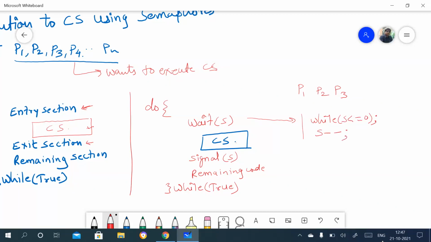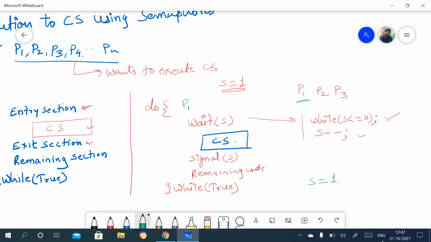You just keep that in your mind, right? So this is an independent statement and this is an independent statement. This S minus minus is not a body of this one. Now see, as I said, S equals 1 initially, then suppose P1 is coming here, and here S is 1, right?